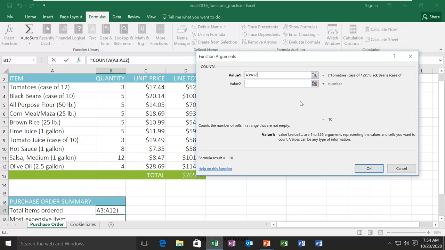One more thing: mentioning the range of cells manually can sometimes be difficult for you. So what we can do here, in the Function Arguments dialog box, you will see this up arrow key. If you are not sure what the cell addresses are, you can click on this up arrow key.